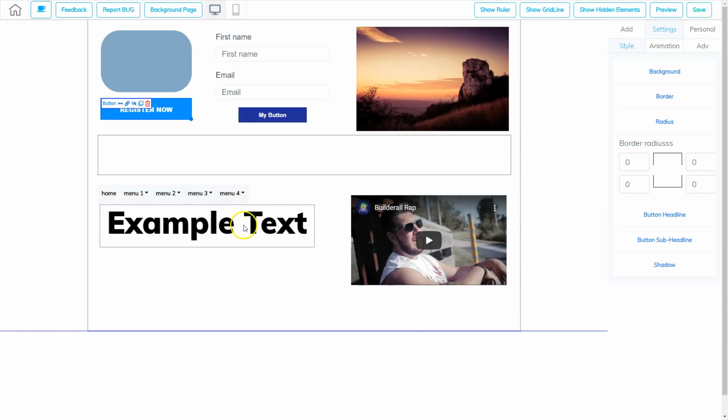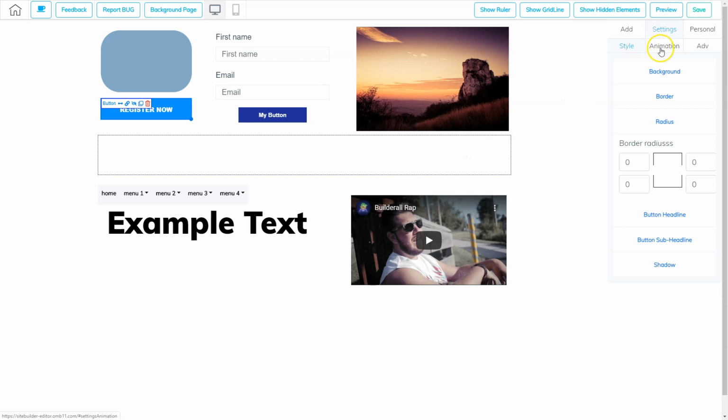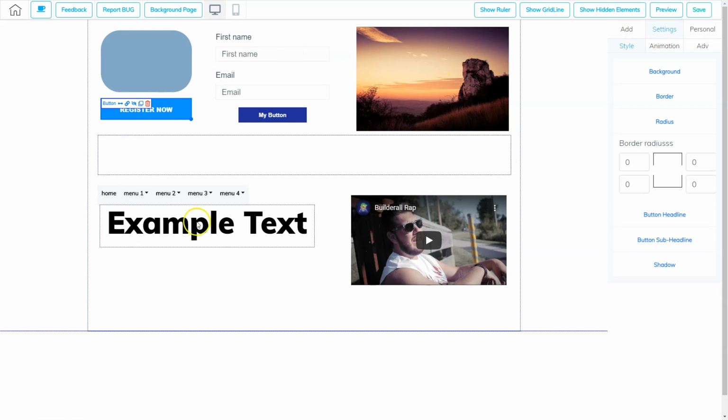So let's go back to the desktop and review what we covered. We covered the style settings, animation settings, and advanced settings for all the different type of elements that we have available in your